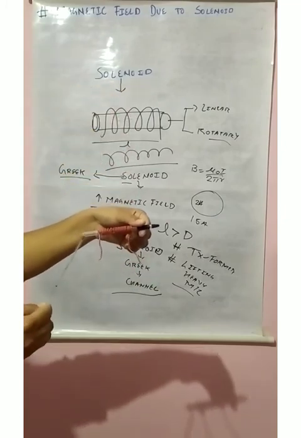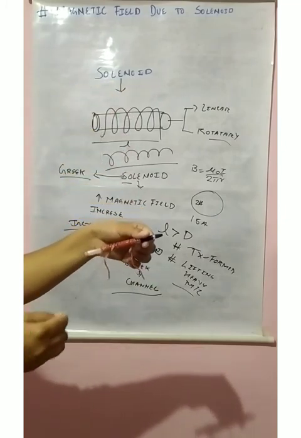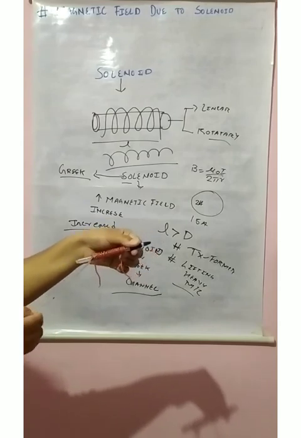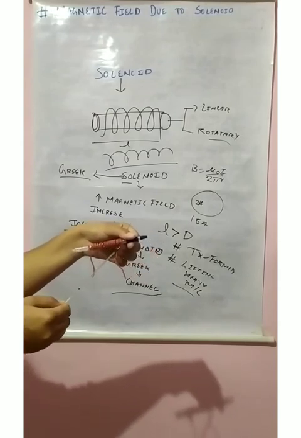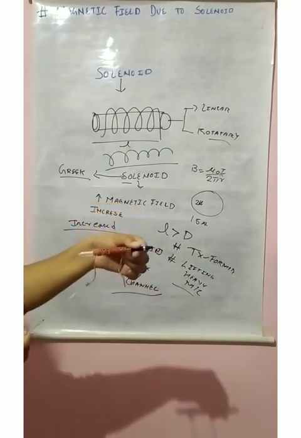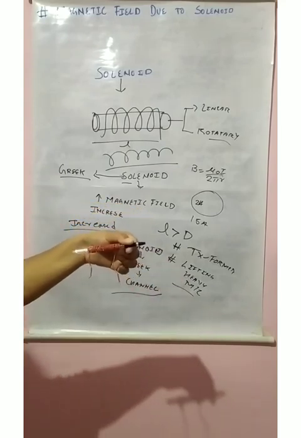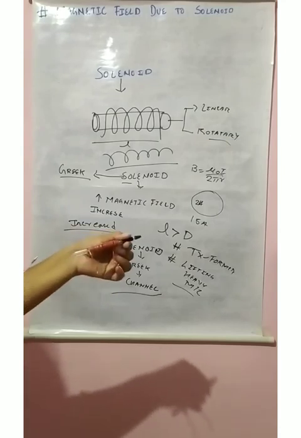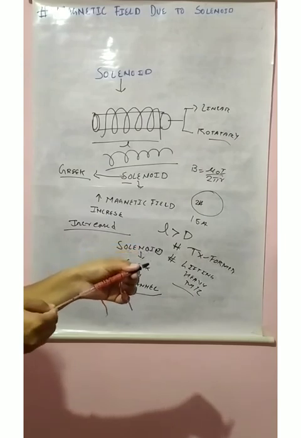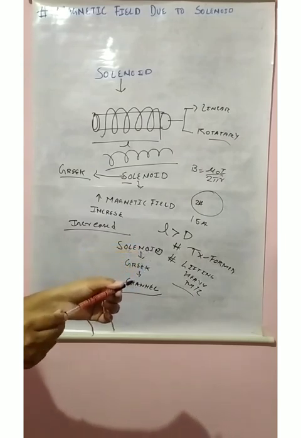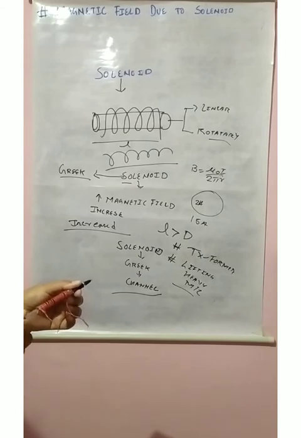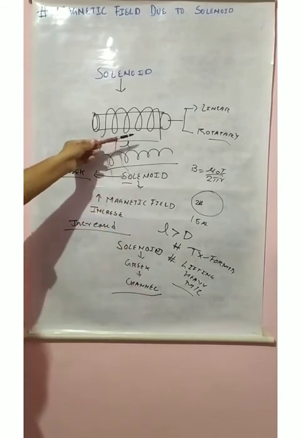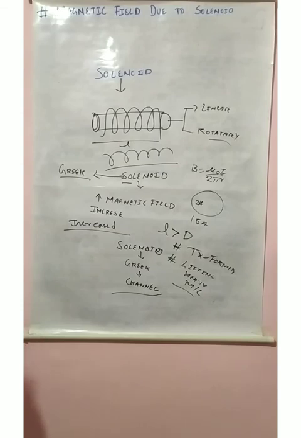So what is a solenoid? A solenoid is defined as an insulated material over which we have wound wires to increase the number of turns, which results in an increase in its magnetic field, and these 2 points I connect to a battery that can produce a magnetic field. Now if I insert a soft iron core, this turns into an electromagnet. So this is all about the solenoid and its application. Now we are going to see how the magnetic field due to a solenoid can be calculated. Thank you.